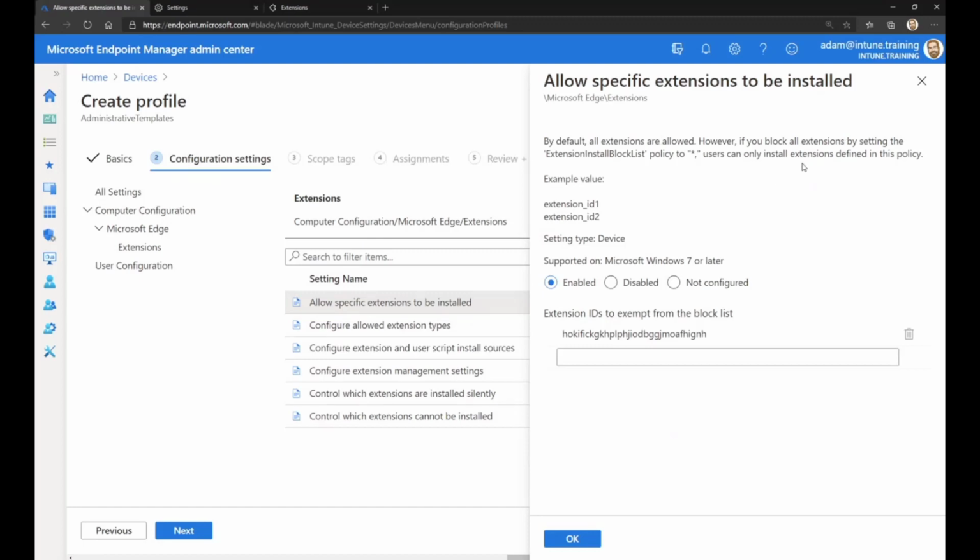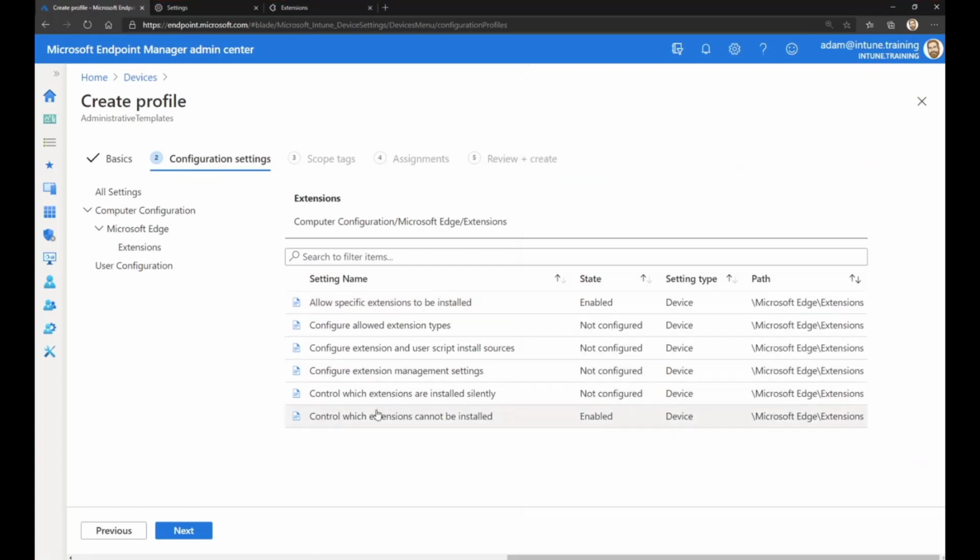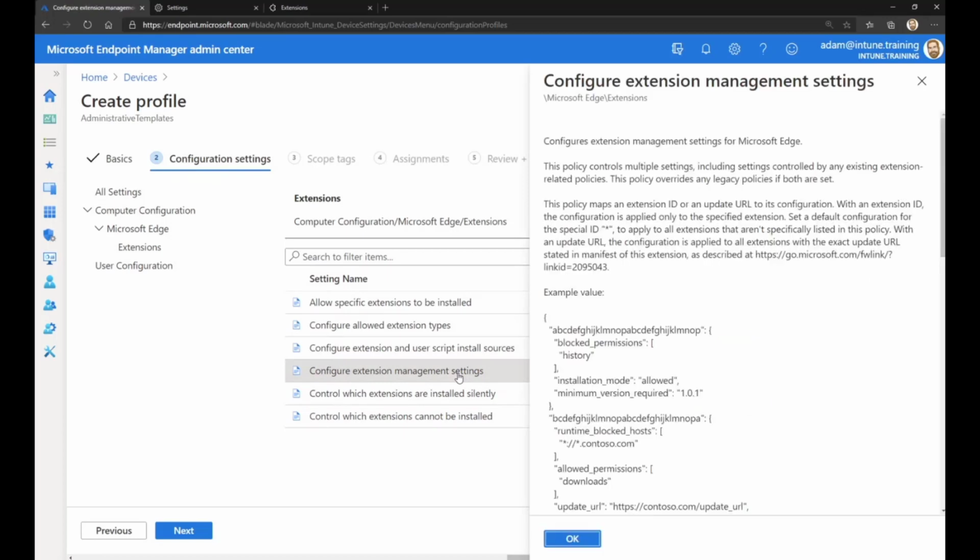Oh, look at that. Yep, that's perfect. Just confirming, if you block all extensions by setting it to star, they can only install items identified or defined here. So this is really the preferred way to set this: block all, allow explicit. And then the second one from the bottom forces it to actually install as well. So not only do you have the ability to do available extensions, but also